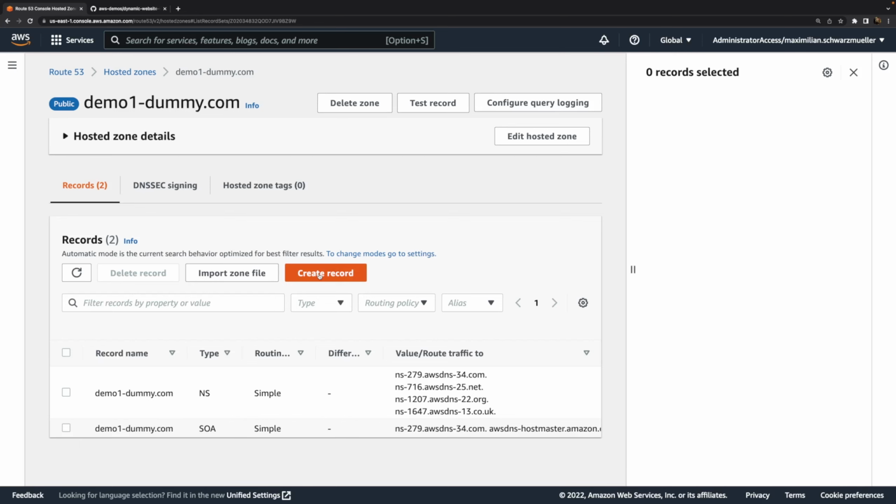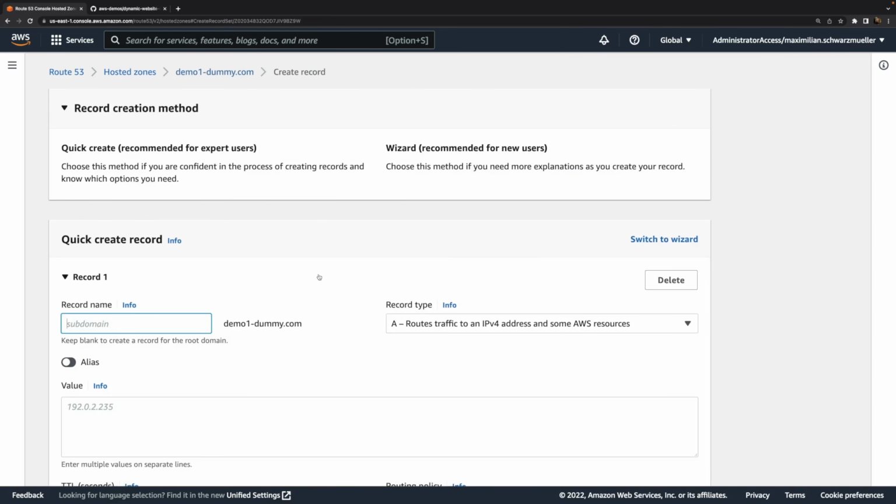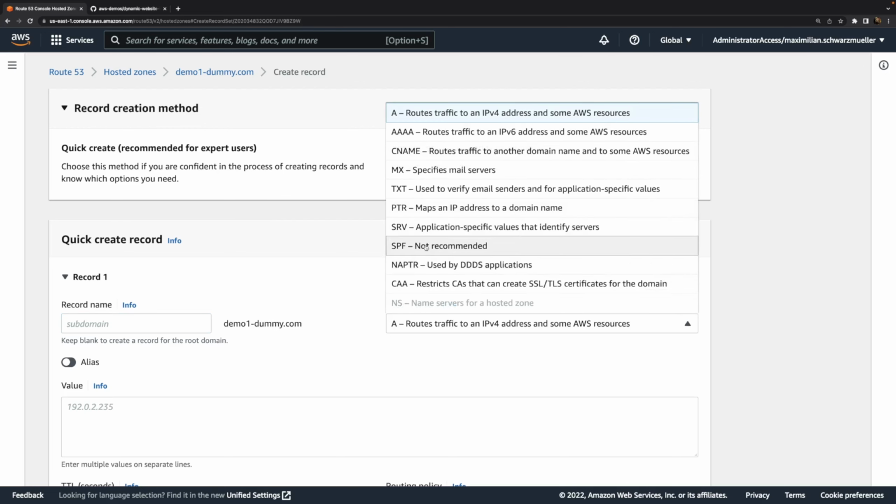But you can add new records, and with records you can simply control how this domain can be used. You can, for example, make sure that if a request is sent to demo1-dummy.com, this request is forwarded to the EC2 instance. That can be controlled with help of a record. You could also connect it to a mail server so that you could have your own email addresses, something at demo1-dummy.com with a different kind of record.